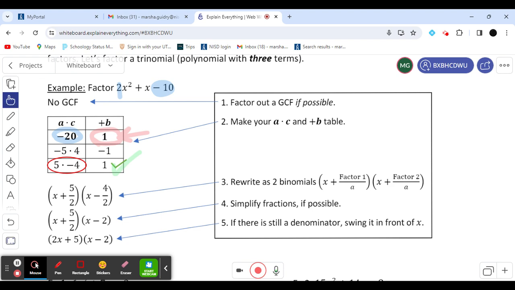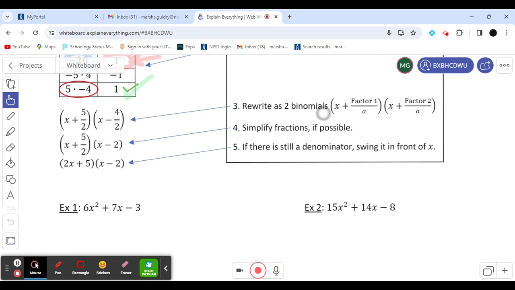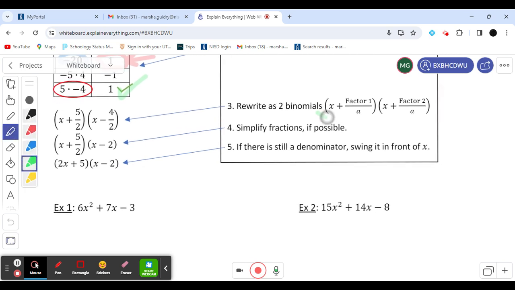Step 3 tells us to write our two binomials as these expressions right here. My first one is going to be x plus our first factor, which was a positive 5, and then we're going to divide by our A value. And the second one is going to be x plus our second factor divided by our A value. And of course, our second factor was a negative 4. So x plus 5 divided by 2, and our A value was 2, times x minus 4, because our second factor is a negative, divided